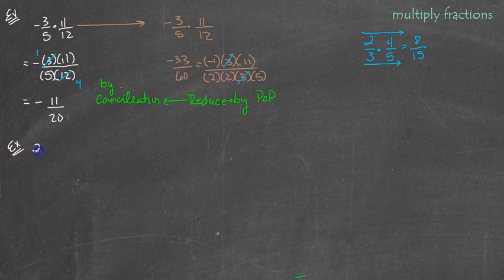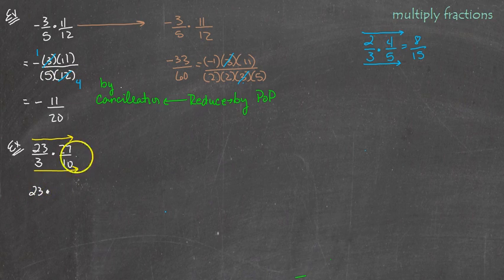Let's multiply 23 thirds times 27 tenths. Okay, first thing I want to do is multiply across. So 23 times 27 and then 3 times 10. And I'm going to use the cancellation method, so I don't want to multiply my numbers together. So 23 times 27